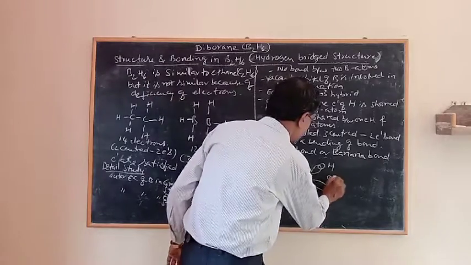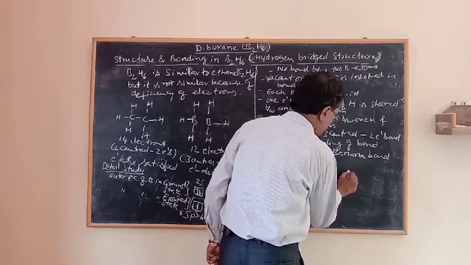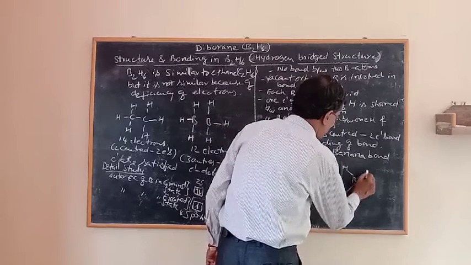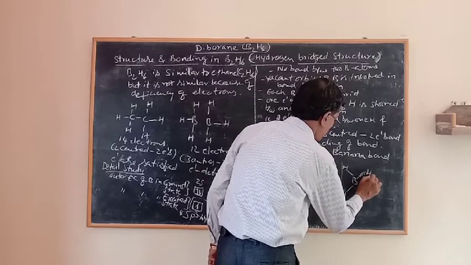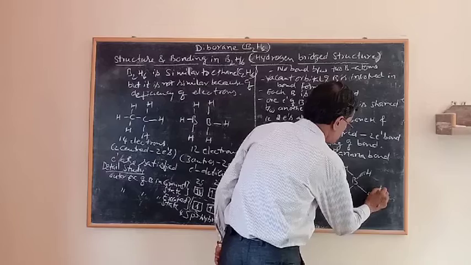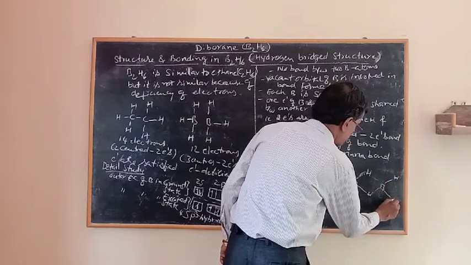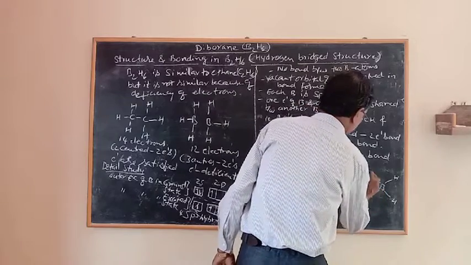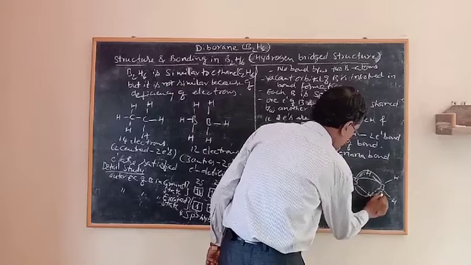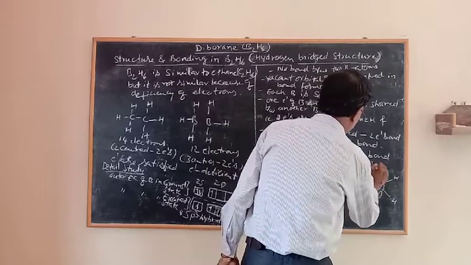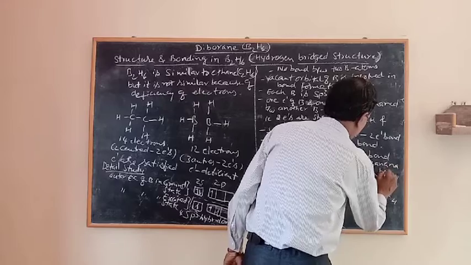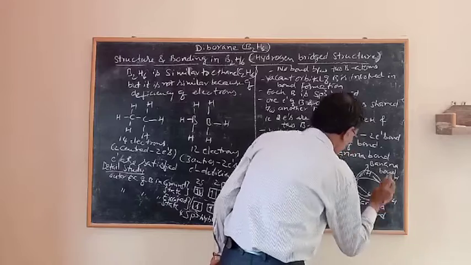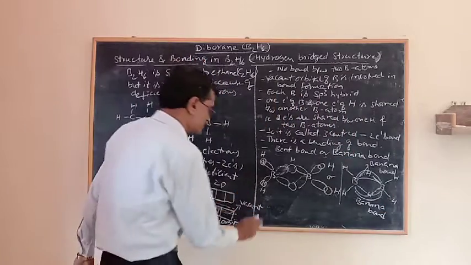You can write this clearly as B H H H. So this bending is taking place in this way. It is a type of banana, so it is called banana bond. This is banana bond. Lastly, you can write the exact structure of this is